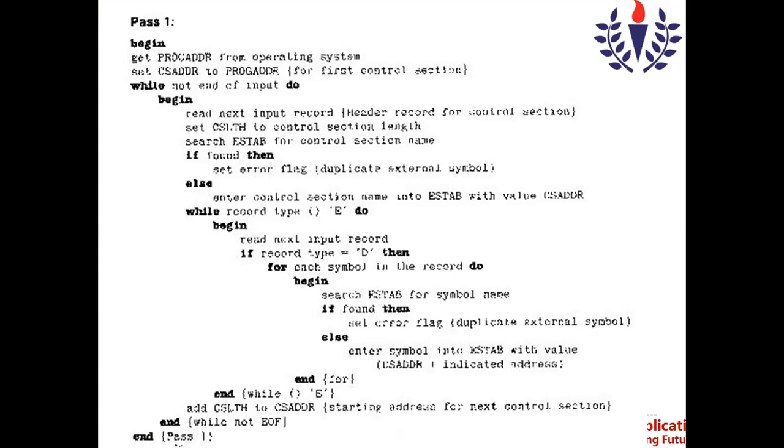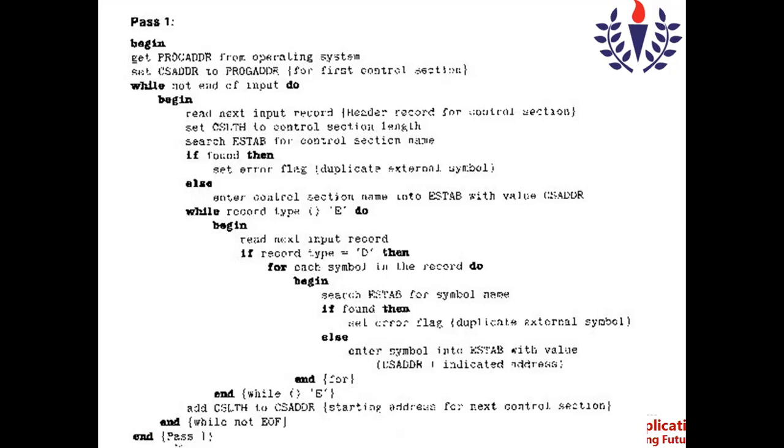So for the first control section, what is the program address? The same value will be given for the first control section. So program A will have the starting address 4000, and similarly the program address, that is the load address, is also 4000.